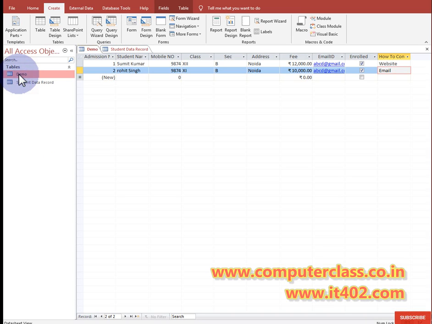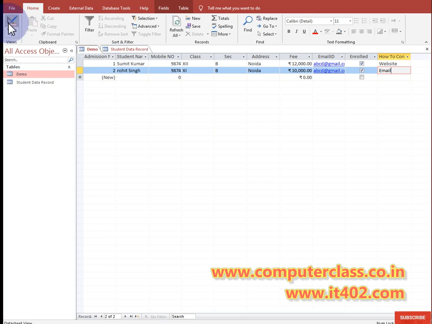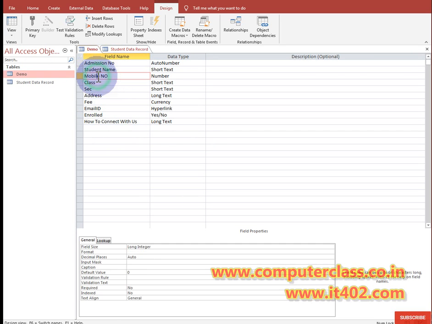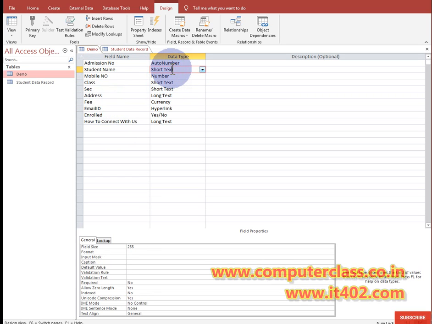We started with table, how to create a table, and we created a table with the name demo. While creating a table we know that we have two modes, datasheet view and design view. In datasheet view we can insert the data or do anything with data, the data that is saved in the table. And in design view we can design anything with the table. While creating any column in a table, we also need to learn which data type we need to select here.